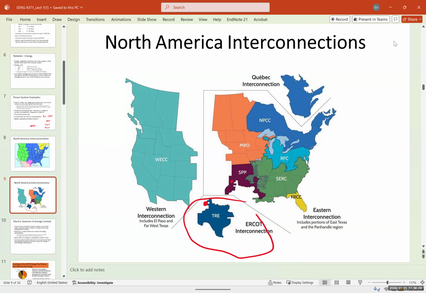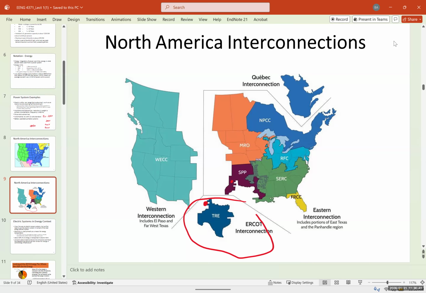Do you remember the winter storm that happened? There was a blackout in Houston, Dallas, Austin, San Antonio, because that was operated by ERCOT. They had problems with their generation. The gas pipes froze and they couldn't run their backup generators, and they had to have scheduled blackouts. I had a lot of friends in Houston who didn't have power for a week, and their pipes just burst because it was so cold. But fortunately, Amarillo and Lubbock didn't have that problem.